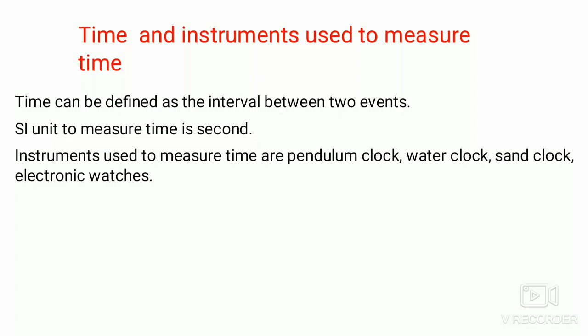Let us come to the instruments that were used to measure time. Earlier, people estimated time by looking at the sun and the moon. The Jantar Mantar in Jaipur and Delhi are examples of sundials. These were built by Maharaja Jai Singh II of Jaipur. Later on, time was measured with the help of water clock, candle clock or sand clock. These clocks were based on the principle of the pendulum.